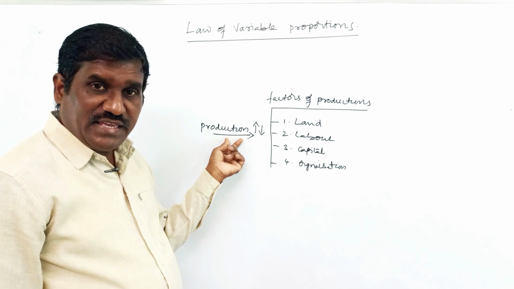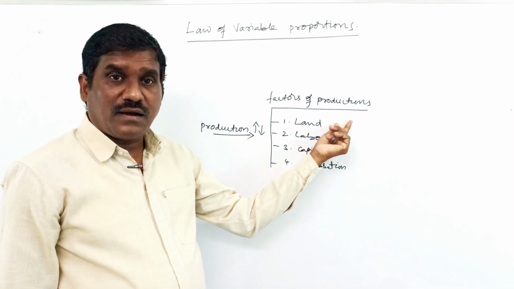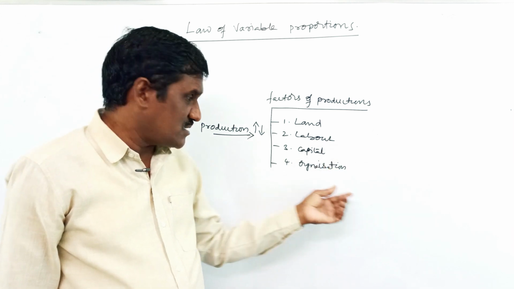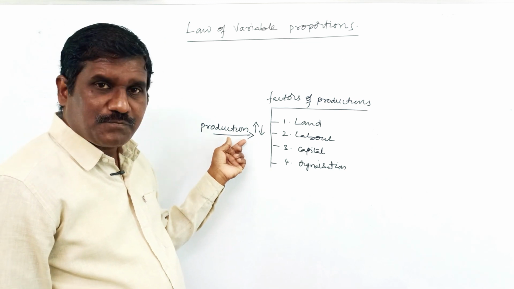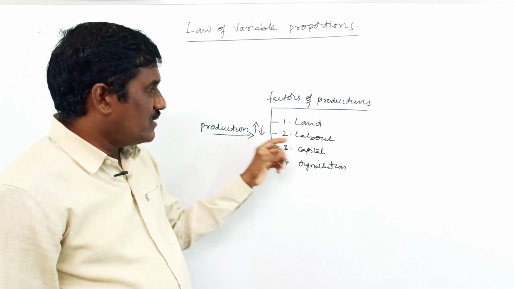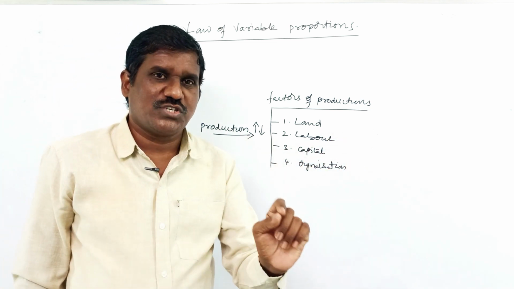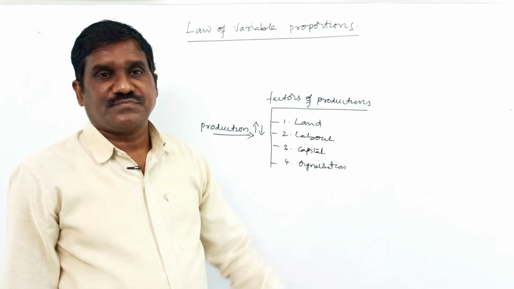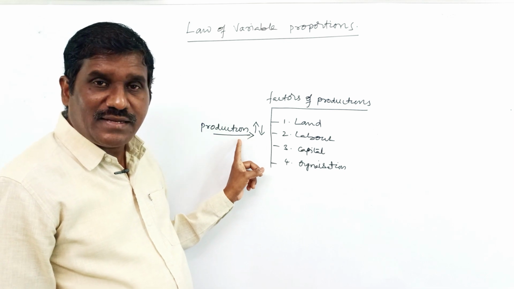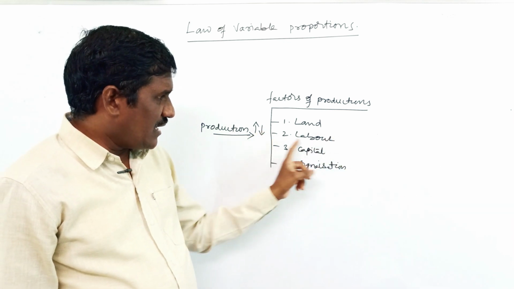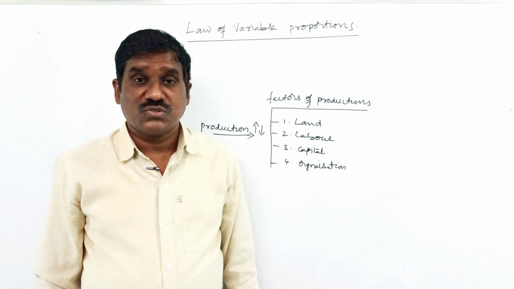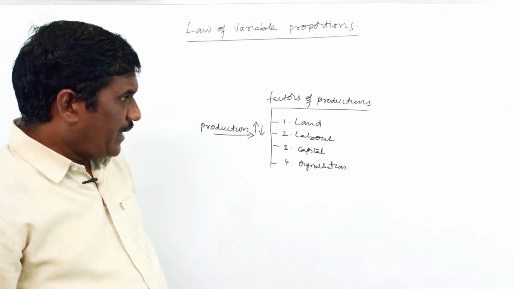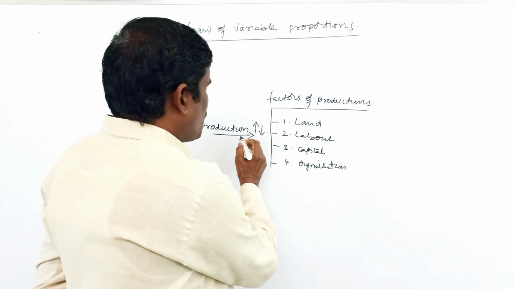The production depends upon the factors of production, the availability and the value of the factors of production. So if you want to change the production, the factors of production should also change. ఇది మారాలంటే ఇవి ఖచ్చితంగా మారాల్సిందే. ఇవి మారాలి, పెరగాలి లేదా తగ్గాలి. ఇది పెరగాలంటే ఇవి పెరగాలి, ఇవి తగ్గాలంటే ఇవి తగ్గాలి. So these are the factors of production. Clear? And one more thing is, the production also depends upon